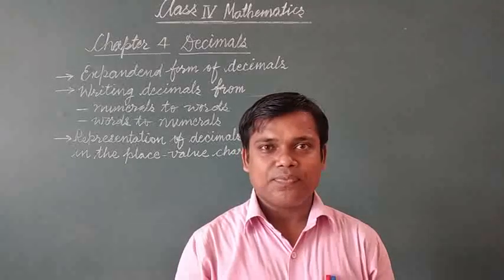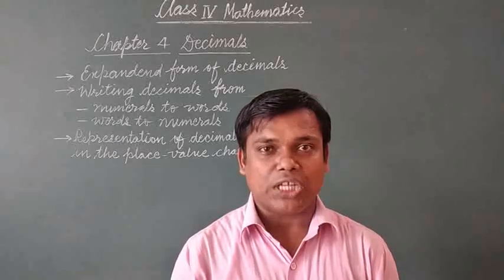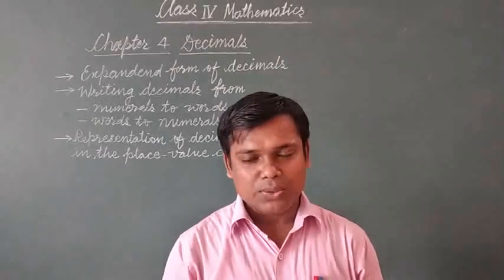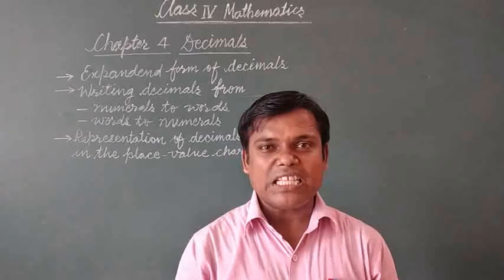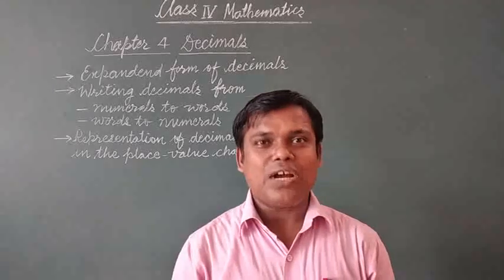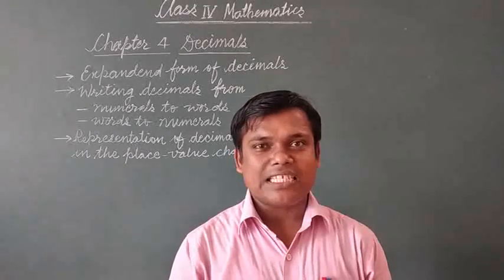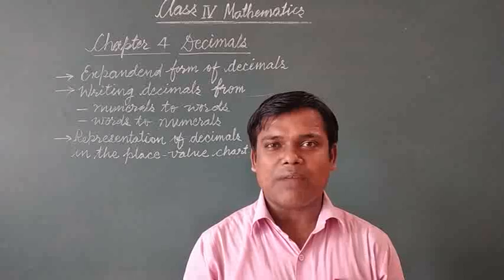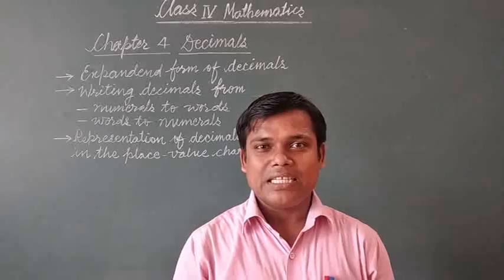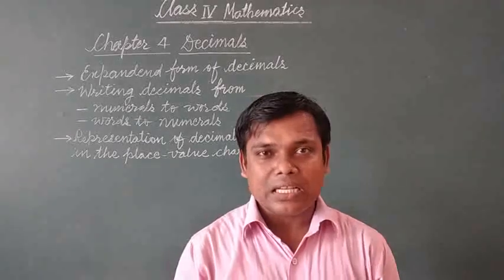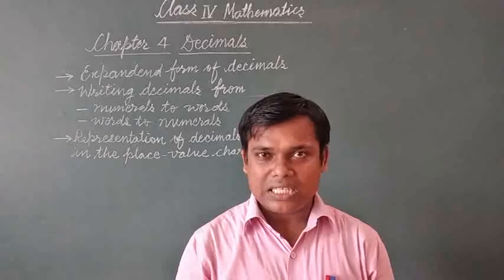Thereafter we will discuss how to write a decimal number in a place value chart. Means representation of decimals in a place value chart, so that we can write the place value of the digits of a decimal number. As you have read expanded form on numbers, the same way you have to use here. Before that you have to learn the definition, the place where the digits are.